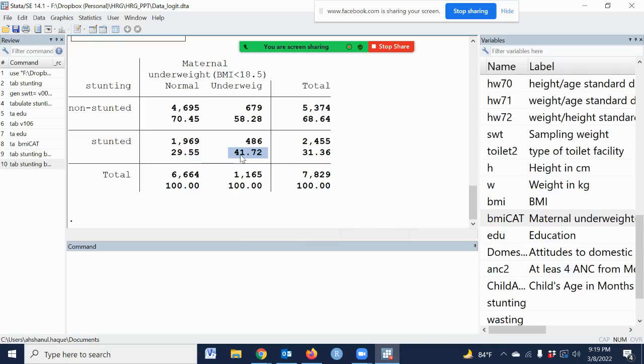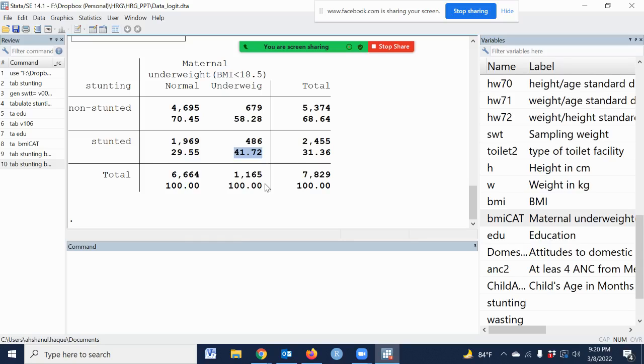Govindo, could you please interpret the result, 41%? Here we see the underweight mothers and the standard, almost 42%.